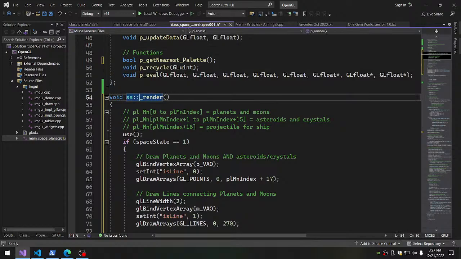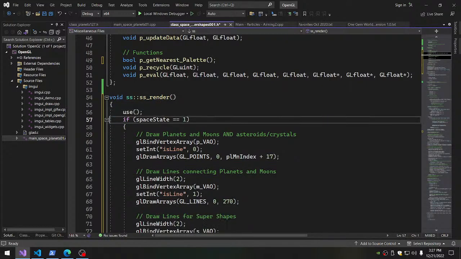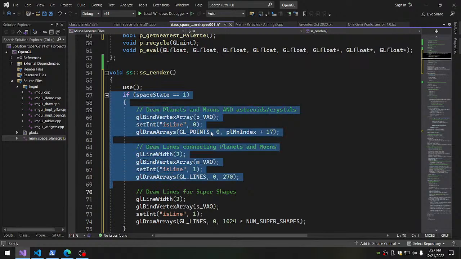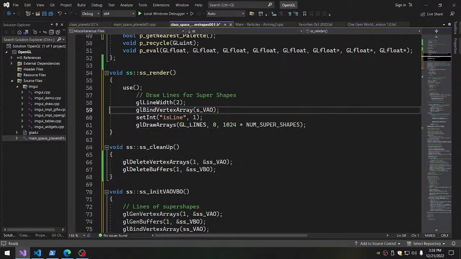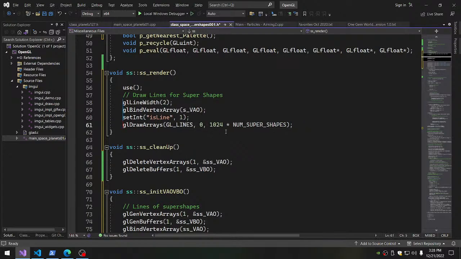Super shapes, render. Planets and moons, asteroids and crystals, projectile for ship. Okay. Space 1, draw lines, connect the line, draw lines for super shapes. Bind vertex array with line VAO. Okay, boom. Space state is lines, draw line. Okay, so we don't need that. We just need this. There you go. Is line equals 1? Pretty sure we're not going to use that, but